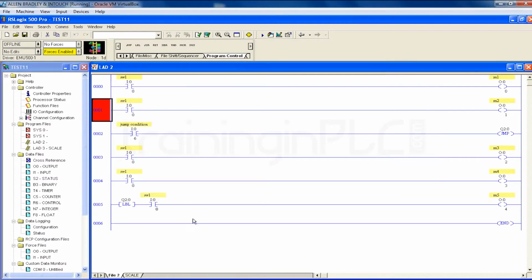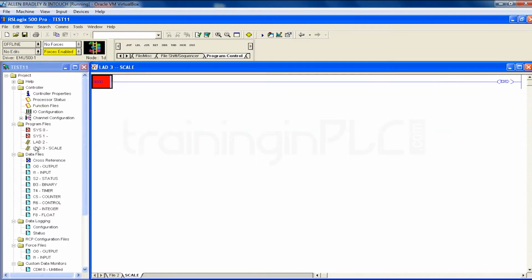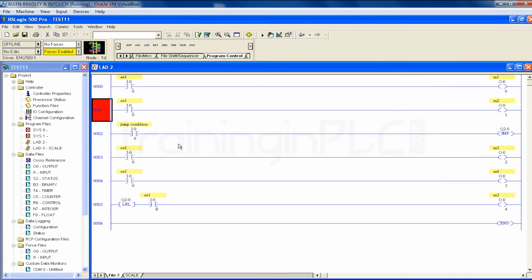Now this is the main page. Whenever you go for the runtime, this is the page which will be scanned first, right? So how will the program scan ladder logic 3? How can we give the reference to the main page? However many pages you are using, you should give a reference to go to this new page, right?